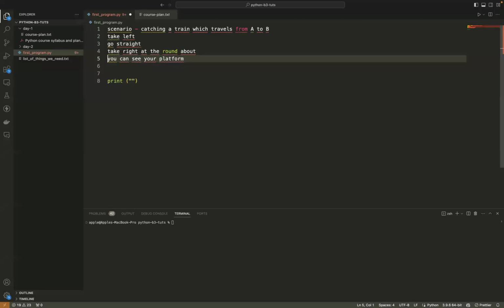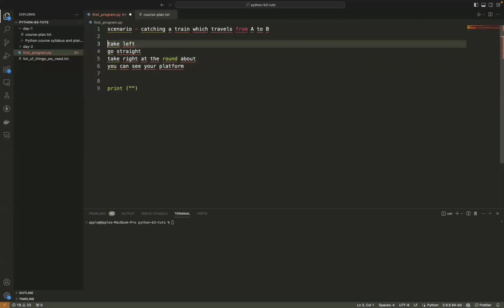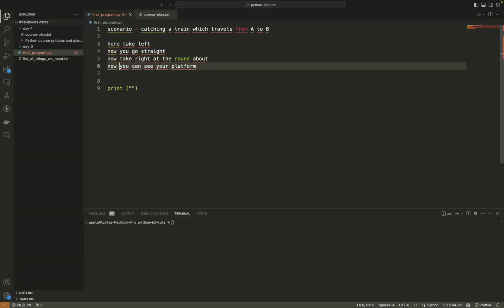These are all the instructions I have to move to a particular position, like using Google Maps or a map designed by the railway station authorities. While you're moving, it says here you take left, now you go straight, now you take a right at that roundabout, now you can see your platform. These are all the instructions you need to reach the platform to catch a train which travels from A to B.